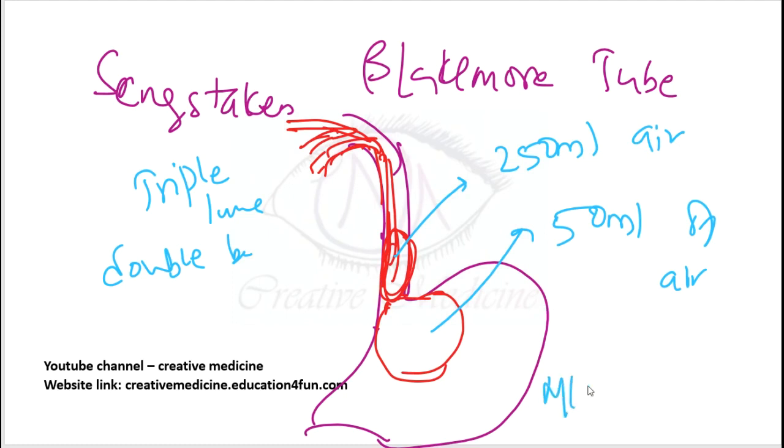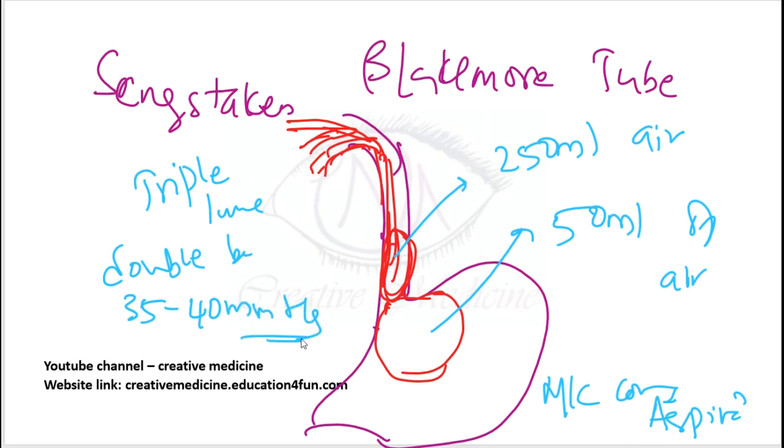The most common complication is aspiration. A maximum pressure of 30 to 40 mmHg should be used for this technique. Every 12 hours you should deflate the esophageal balloon. If you do not, it can lead to necrosis or ischemia of the esophageal wall because of reduced blood supply. Okay, this is the Sengstaken Blakemore tube.